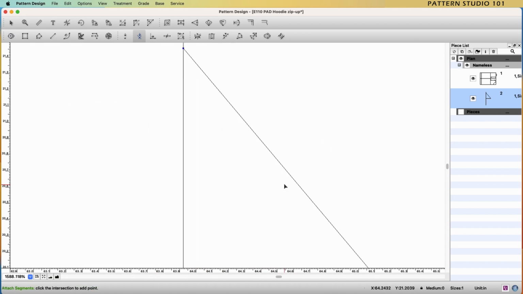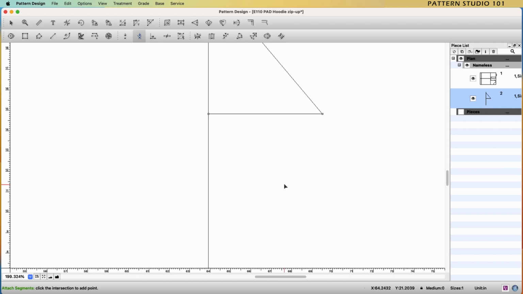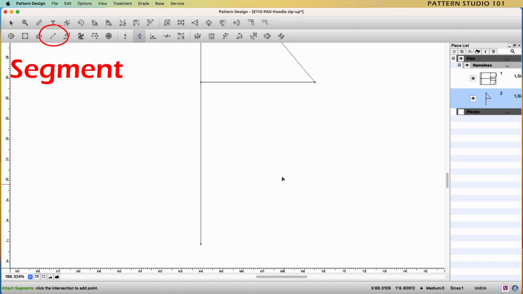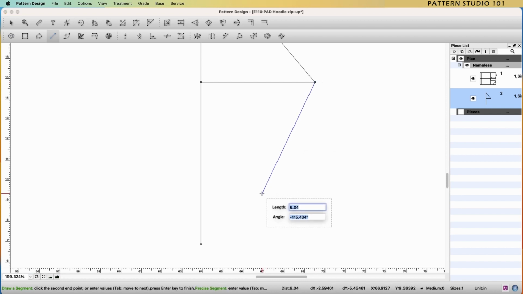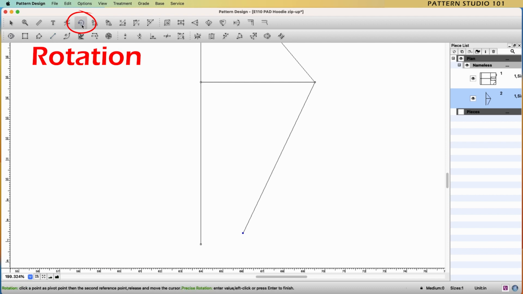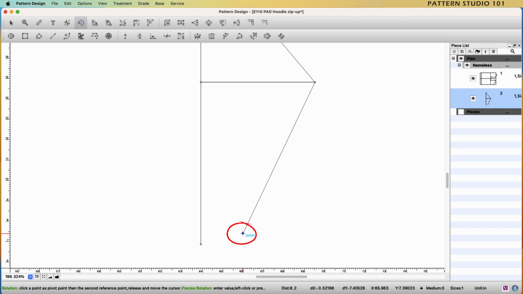Let's move to the front and do the same. Segment tool, front armhole length, rotation tool, click the shoulder point, click the other point. Rotate the segment until it hits the bicep.